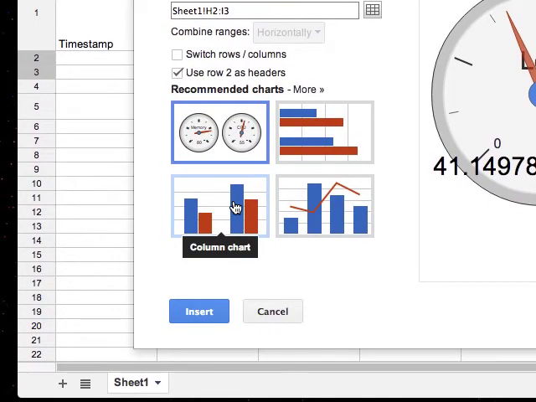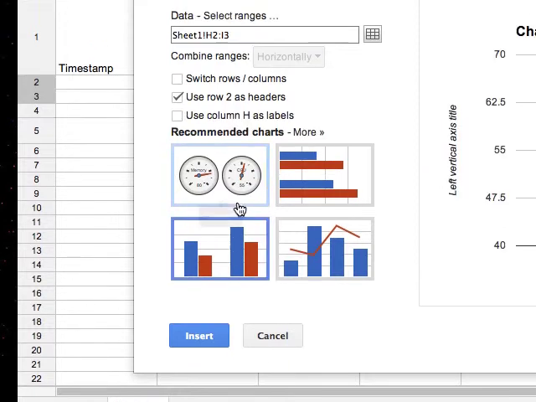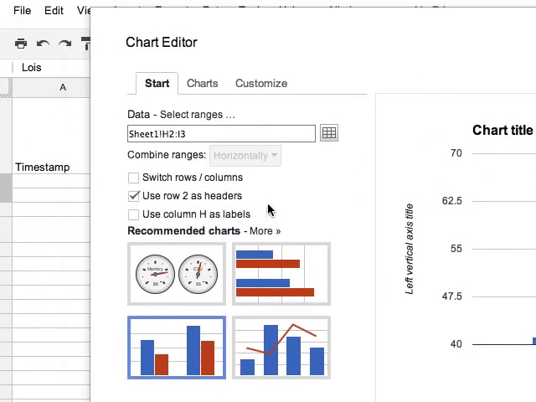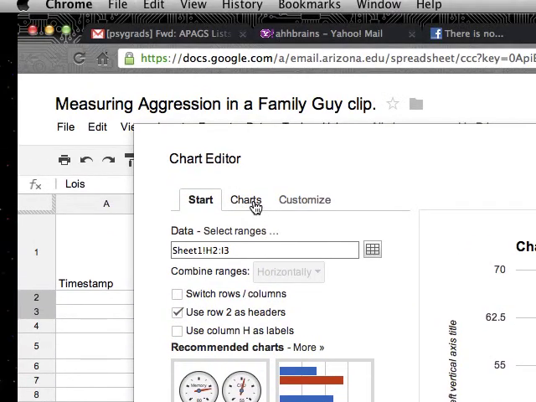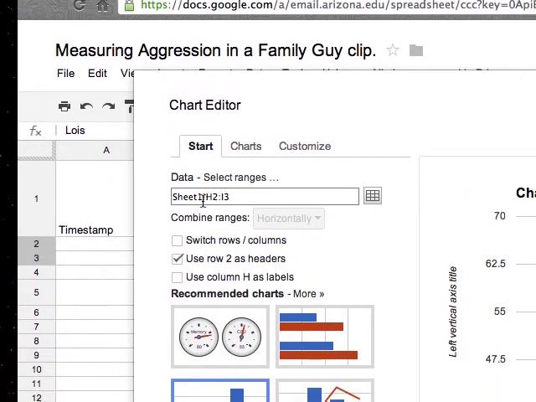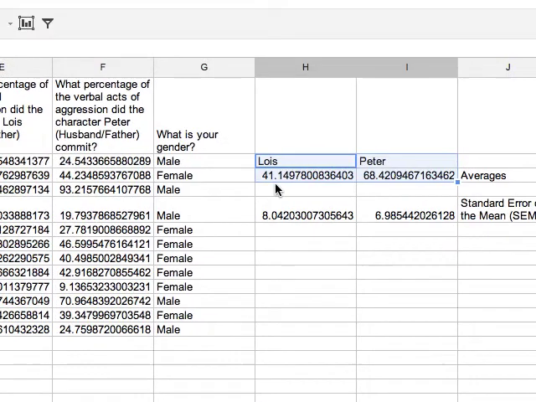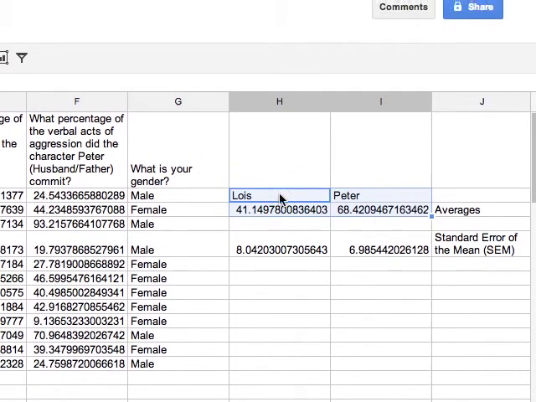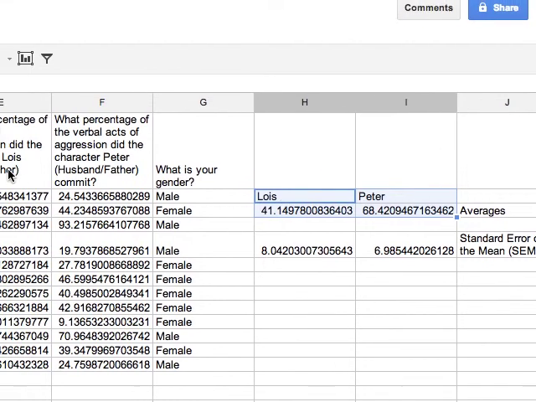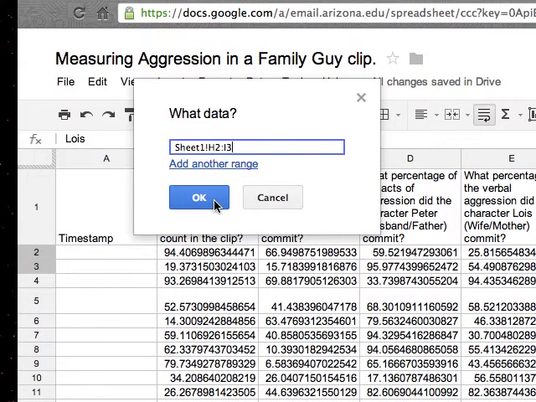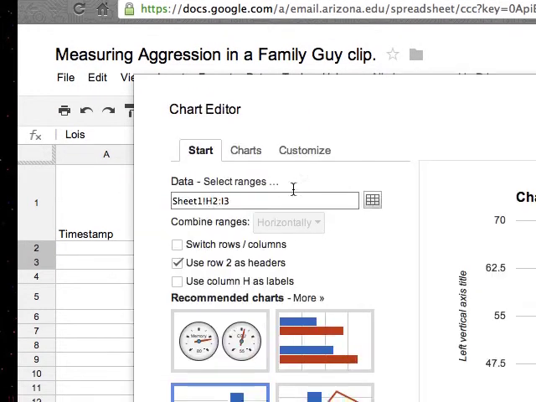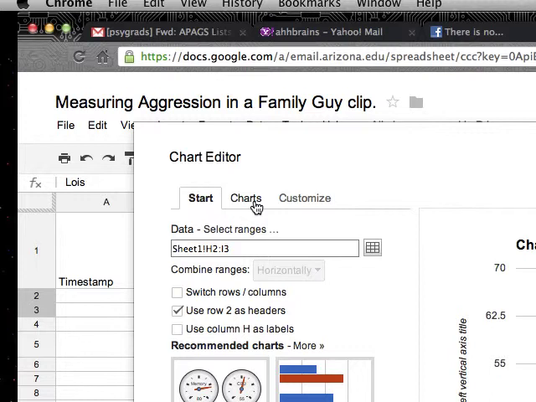So I call it a bar graph, but they call it a column chart. All right, and we're going to make sure. Okay, so this is one way to check to see where the graph is looking at. Okay, and we want to